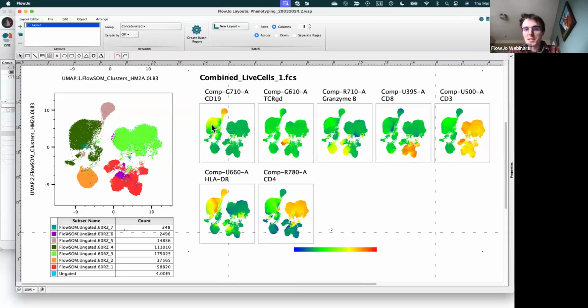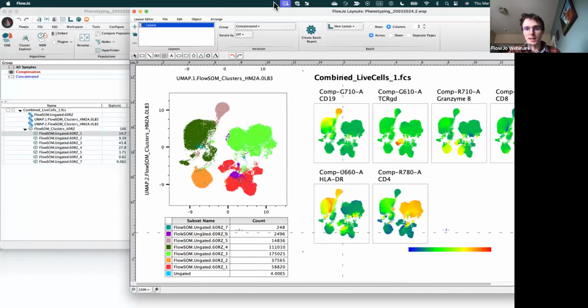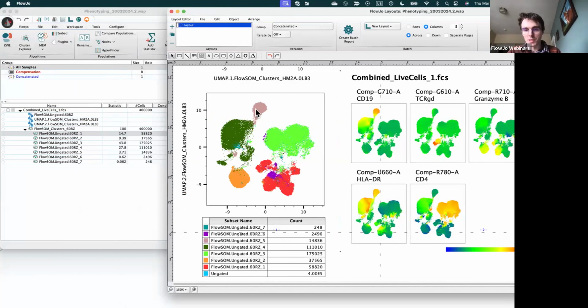And then there's maybe some CD19 expression down here as well. And it looks like maybe a tiny bit over here, but mostly up here at the top. And so I'd feel pretty comfortable saying this top cluster, those are probably our B cells just based on CD19 expression alone. And again, I don't really have much of a focus on B cells in this panel, so I'd feel comfortable just going in, renaming this top cluster our B cell cluster,